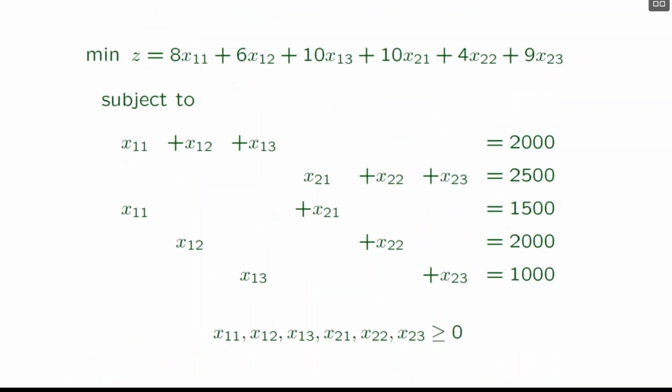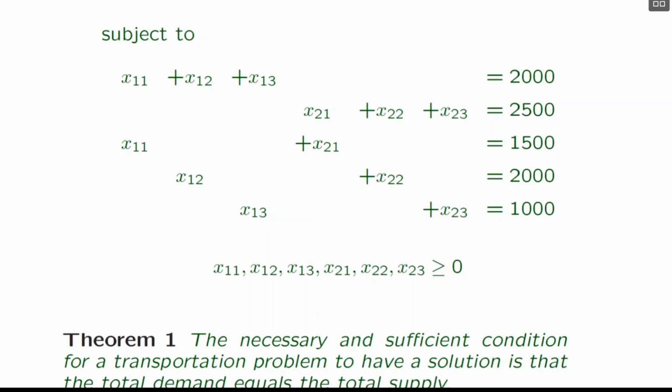As we see here, only 2 origins and 3 destinations, and the resulting LPP has 6 variables. So it is large enough, and for a moderate number of origins and destinations, the size of the linear programming problem will be huge. So some other techniques we should apply to solve the transportation problems.